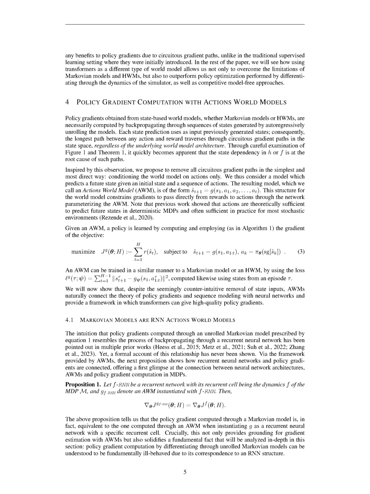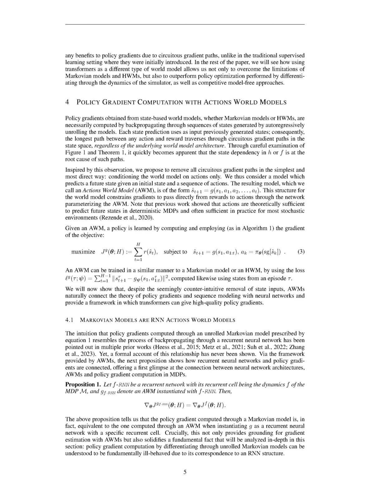Section Summary. In this section, we explore the importance of long-term credit assignment in policy gradient computation with history world models, HWMs. We find that while transformers are successful in learning long-term dependencies in sequence modeling tasks, they can lead to circuitous gradient paths in policy optimization, hindering performance in challenging control tasks. To address this issue, we introduce actions world models, AWMs, that condition the world model on actions only, eliminating circuitous gradient paths and providing a framework for high-quality policy gradients using transformers.